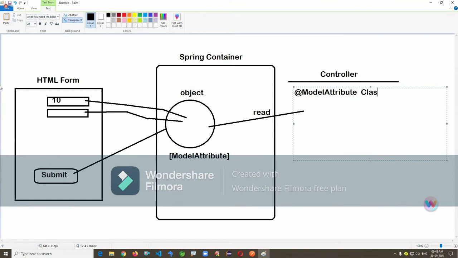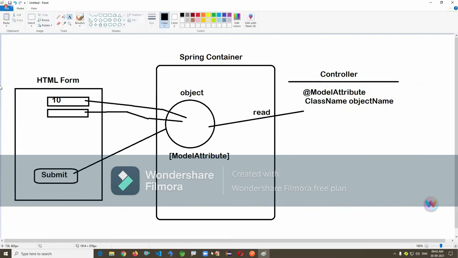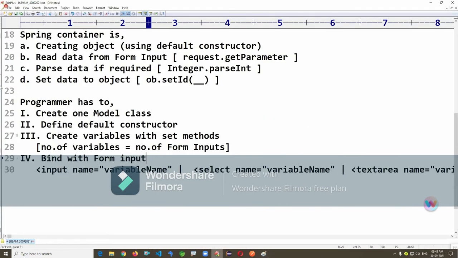Then you mention your class name and mention the object name. I'm just writing it into multiple lines. Okay, assumption: if the class name is Employee, the object name will be the class name with the first letter in lowercase.